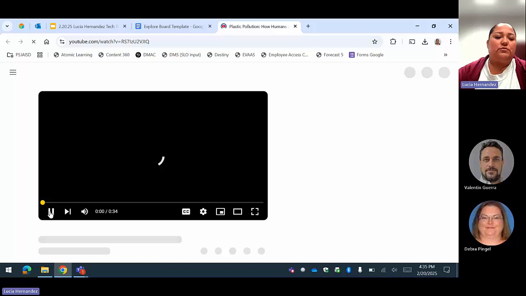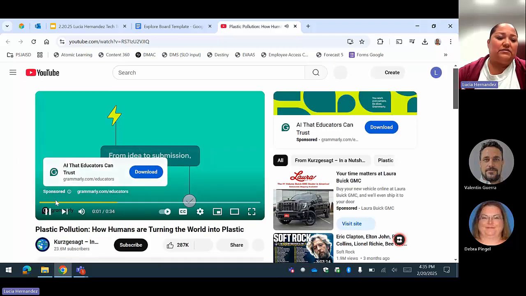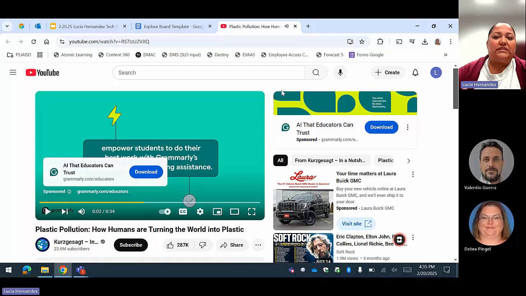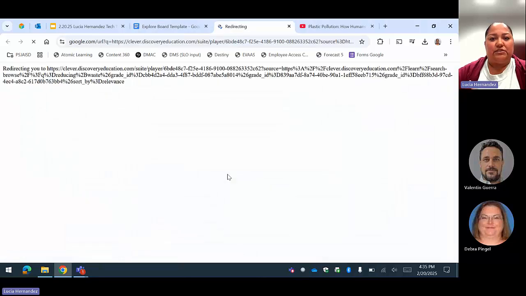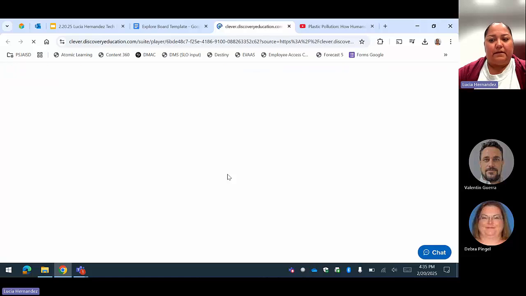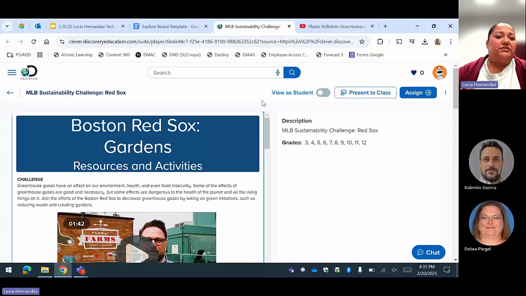So when you share this with your students, they're going to have access to these activities already as soon as they click on the board. Again, I added an article through Discovery Education, and it might ask me to log in. No. Okay. So again, you just share the link and it takes them straight to the resource that you want